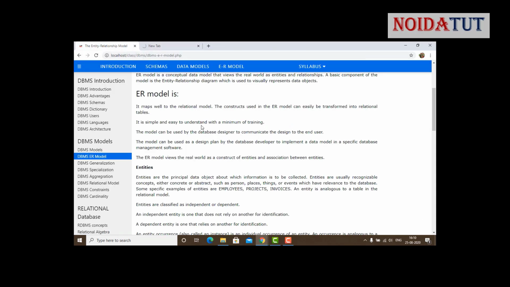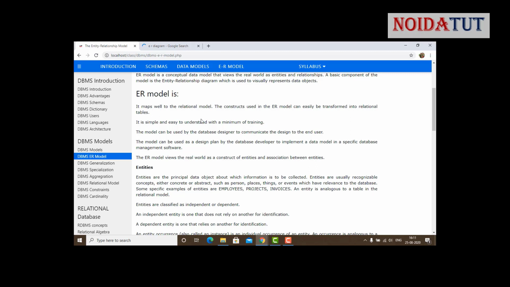Now, what happens with the diagram? We have entities. When we are talking about entities in a university, we have a student, then we have faculty, then we have the examination department, then we have the administration. So these are the different entities. Then we manipulate the relationships between them, just like students have to pay the fees, students have to appear for the exam, students have to attend the class for a particular subject. So these are the relationships which we manipulate with the different entities.